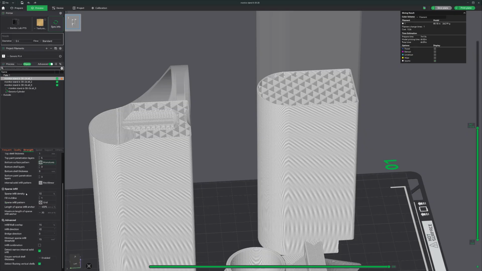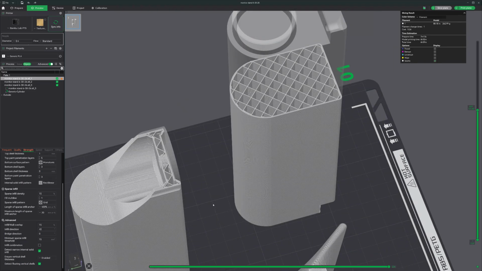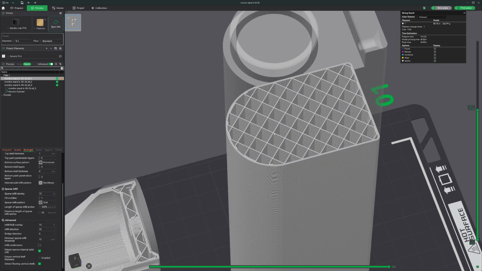Okay, let's go to sparse infill. This is going to be this pattern that you notice as I go up and down on the slider and you see on the inside. I'm sure by now, if you've watched any of your prints, you'll notice that there is a pattern on the inside. This is where you would go to change that or increase the amount of infill that you have. I know there's some counter logic that I'm about to give you, and that's counterintuitive to what you would think, and that's